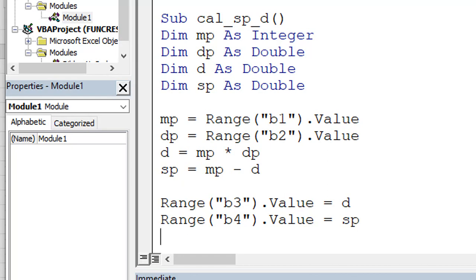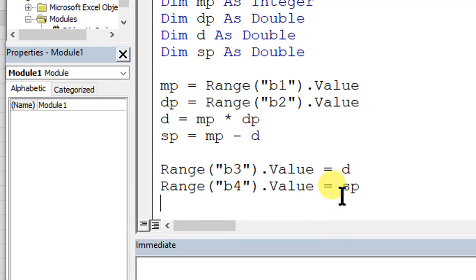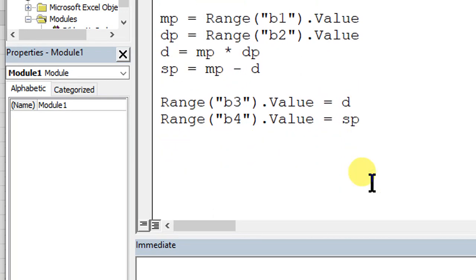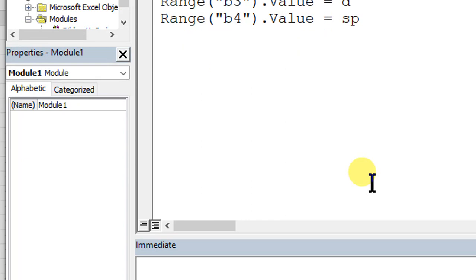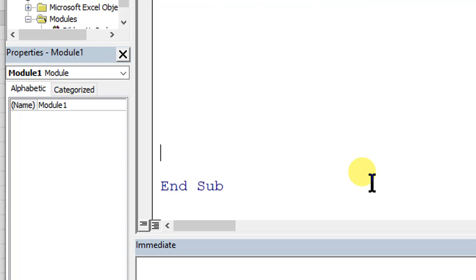Now if you make a mistake and write D instead of SP, interchanging them, it will make the same mistake. The computer doesn't know what this is. We have to put them in the right cells. This is more important. Fine. So our program is ready. Let me run it.